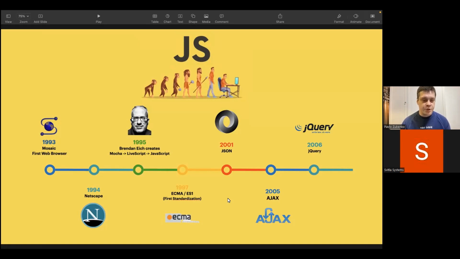The first browsers appeared around 1993. One of the most popular, Netscape, appeared a year before, sorry, a year after, and a lot of popular developers like Microsoft also started thinking about some extra scripting language to provide some extra functionality for their HTML pages. And all of them started doing this in parallel.